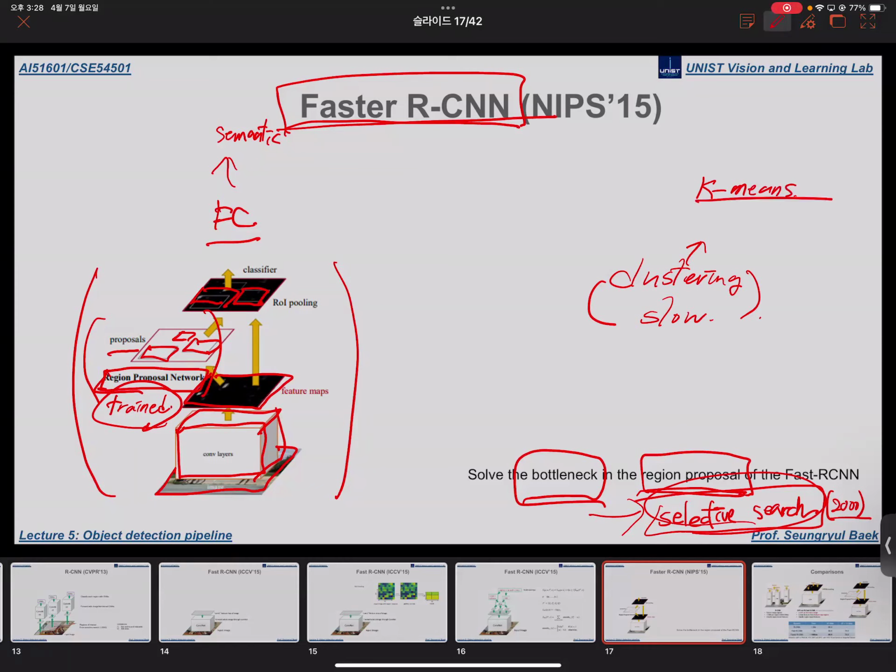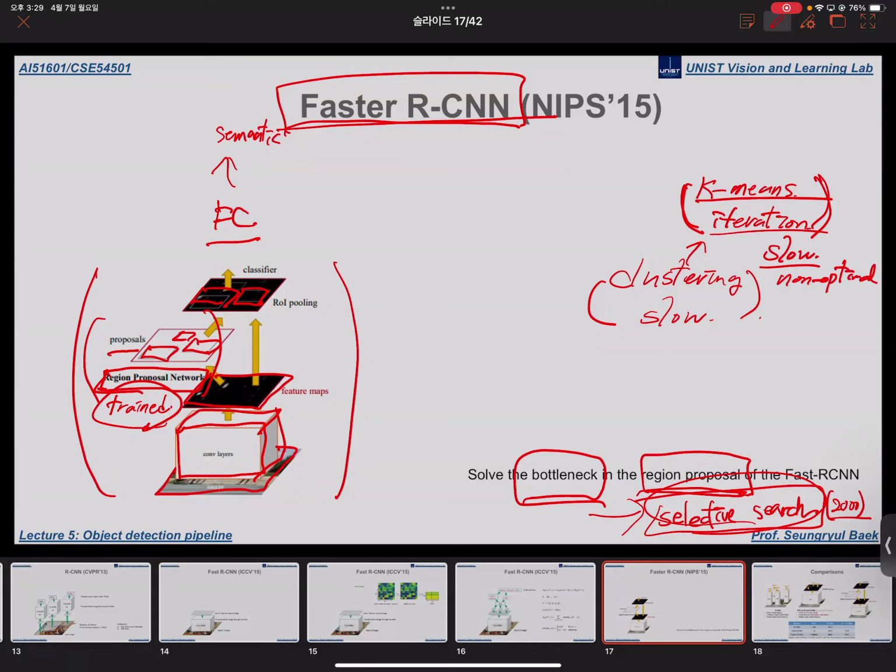I'm assuming that you already know k-means clustering. They involve a lot of iterations inside, okay? And they also have some heuristics. They have a lot of iterations, so they are slow and non-optimal,